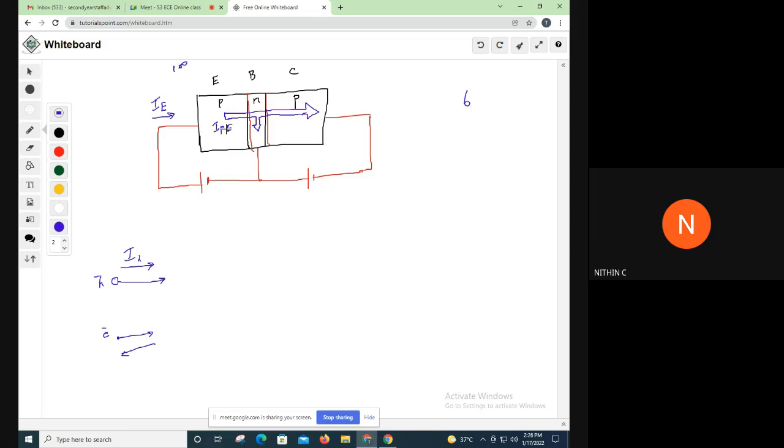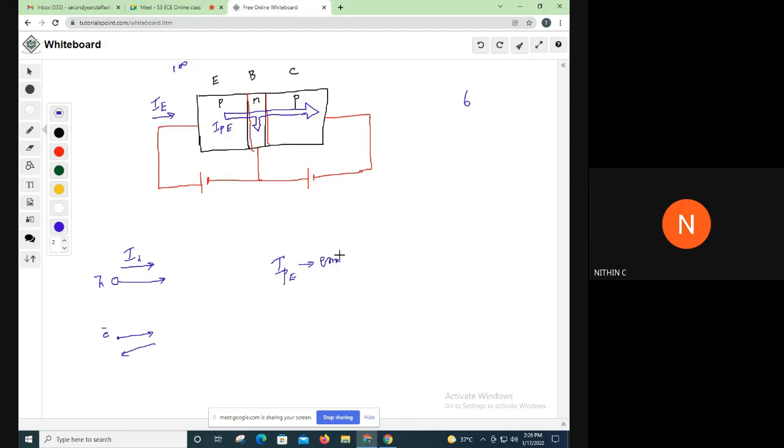Okay, IPE is actually the representation of current at the emitter due to holes. In which direction will it be? It will be this way, because the movement of holes is towards the right side. So the direction of current due to holes also will be in the same direction. This I am writing here, IPE, that you can say is the emitter current due to holes.